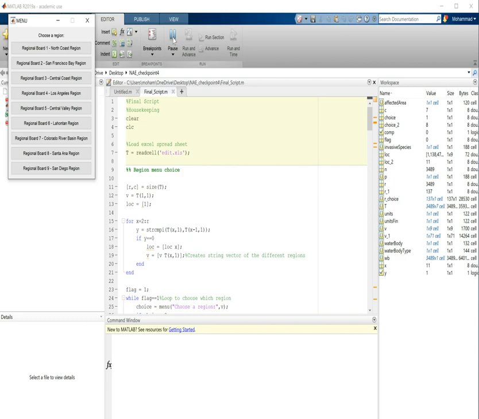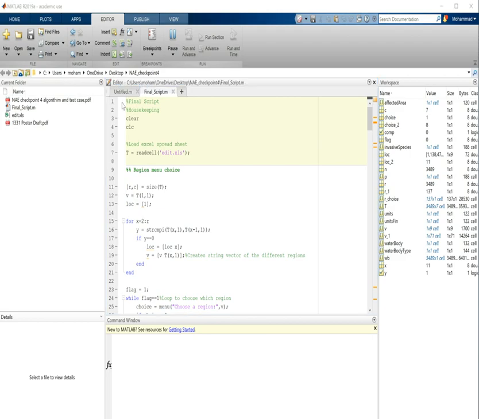In this next test case, we're going to try to do Regional Board 3 Central Coast region, but before we do that, we're going to try a data validation, which if we try clicking the X from the menu will continue going on until we choose different regions. So we go ahead and click it again, the menu will come up again until we choose a regional. So Regional Board 3 Central Coast region, and after that,